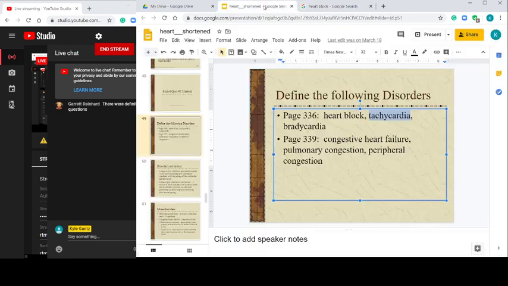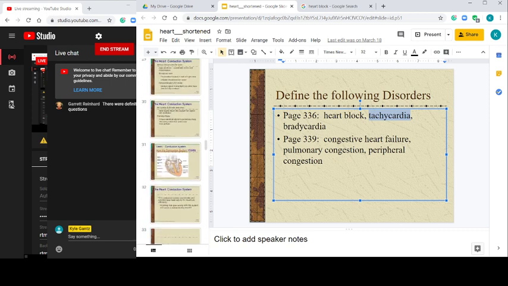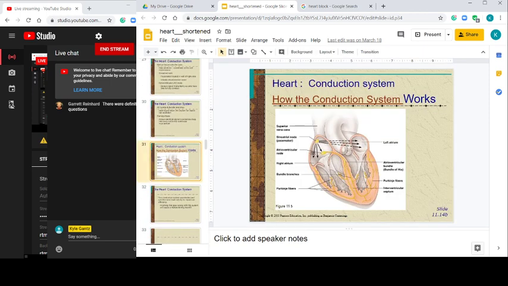All right, so since we are smart and we know what this kind of looks like, a heart block is where we're going to have some type of an issue conducting the signal from top down, right? So either something's going on here, or something's going on here, okay? But regardless, we have a blocking of the signal, so it does not allow it to travel and contract, right? All right,